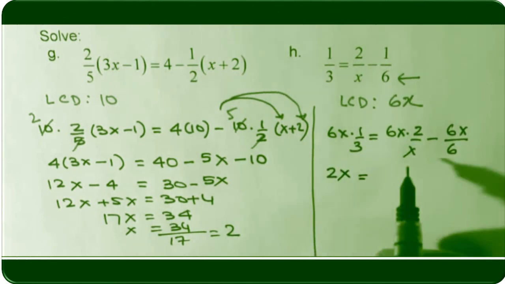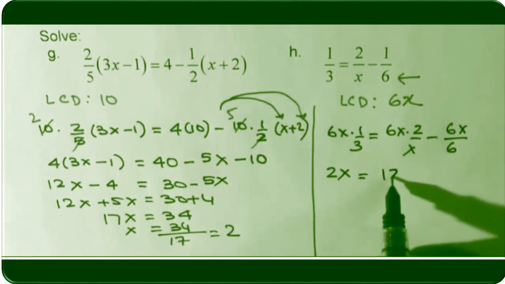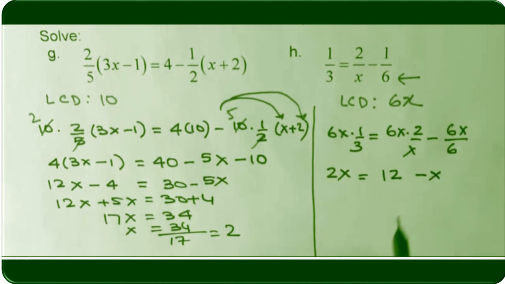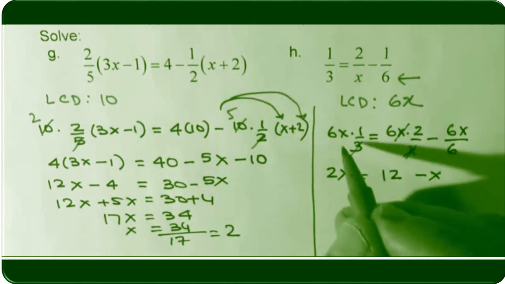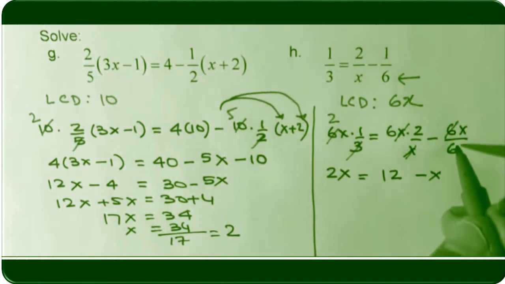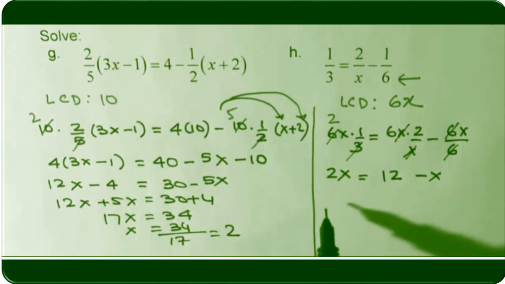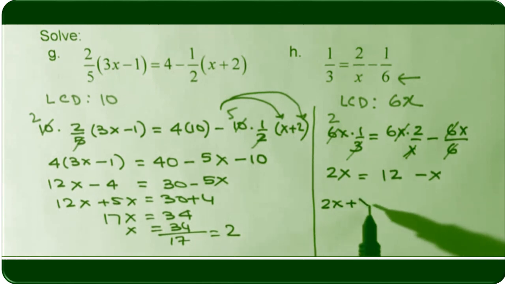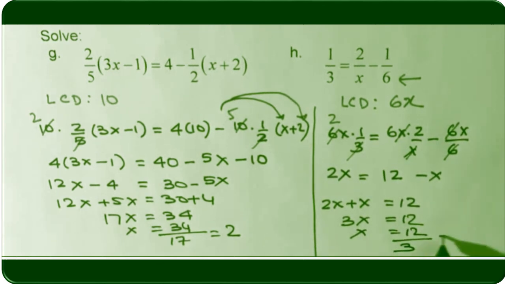So we get 2x equals 6 times 2, which is 12, and the x cancels, right? So we get 12, and here we get minus x. See what happens: the x and x cancel, and the 6x over 6 leaves x. So we get our equation, which is 2x equals 12 minus x. Now bringing x to the left, we have 2x plus x equals 12, so 3x equals 12, x is equal to 12 over 3, which is 4. So I hope the solution